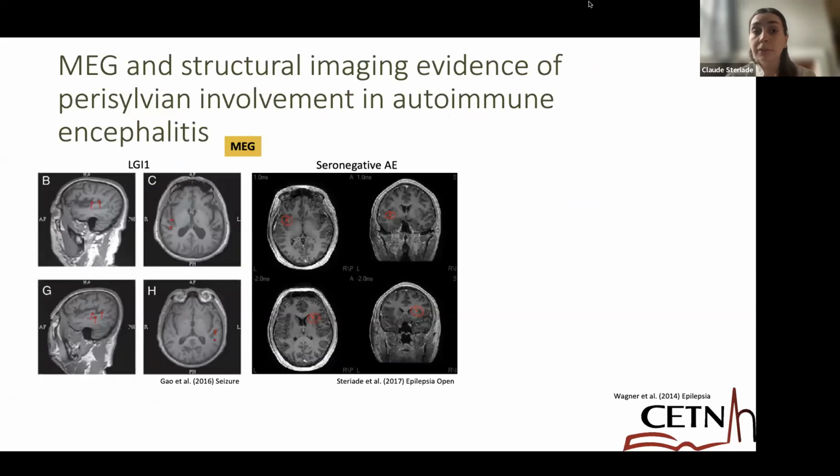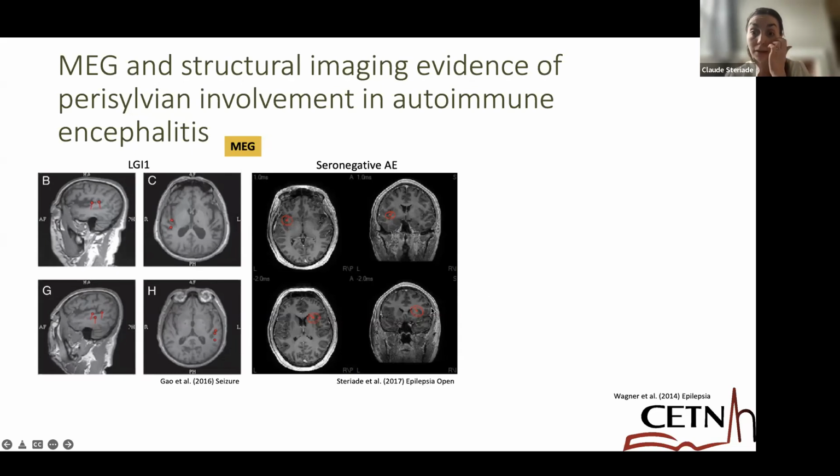And there's some other evidence pointing towards the involvement of the perisylvian region in autoimmune encephalitis. In LGI1, there's been a study that looked at MEG in a patient who had ongoing seizures, and you can see that there were posterior perisylvian dipoles. This was a little report that I wrote up with Dr. Wenberg when I was a resident. A patient who had seronegative autoimmune encephalitis was still having seizures. Interestingly, he had claustrum hyperintensities acutely when he had encephalitis, and then in the chronic phase had a MEG that showed